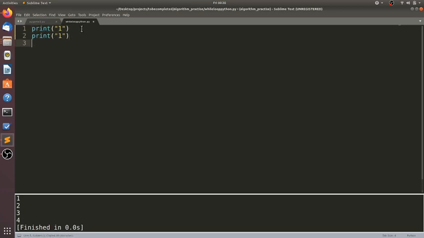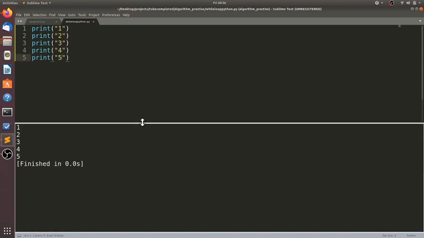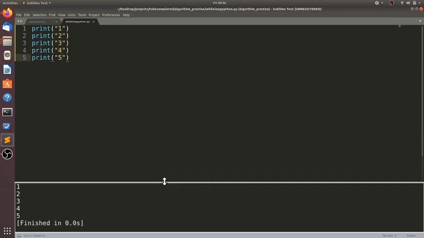Control V, Control V, and so on. 1, 2, 3, 4, 5 and so on. Now this system works good at basic levels. For example, 1, 2, 3, 4 and 5. These were only 5 items. What about 10,000 of them? That's a big number. You can't keep on writing or typing that.